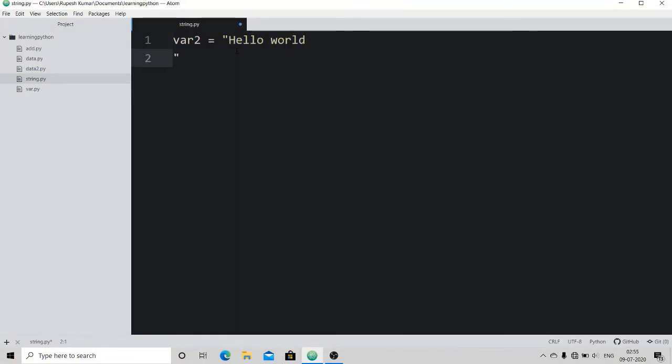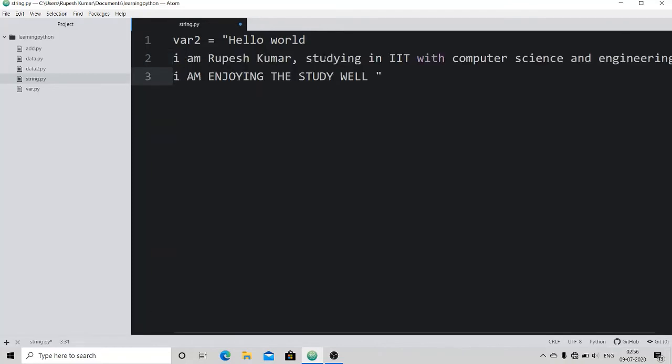So this is something I wanted to bring to your notice: can we do such kind of extraordinary stuff? As you can see, I have a string of very big length. Can we assign this string to a variable whose name is var2? Can we do this kind of stuff? Can the Python 3 programming language understand and print this huge string literal?